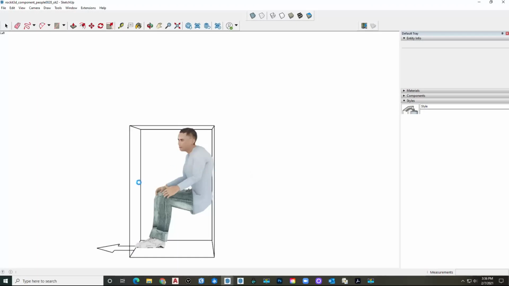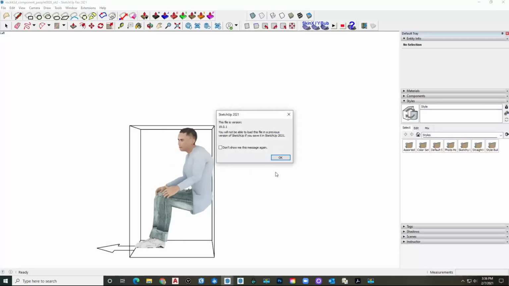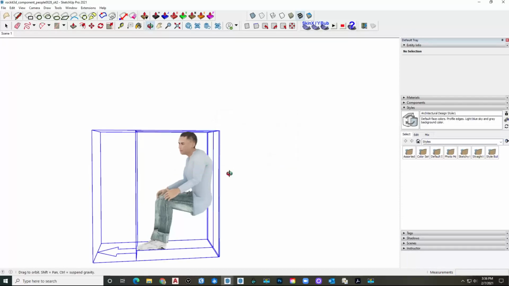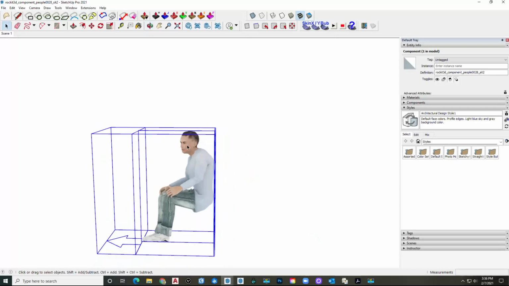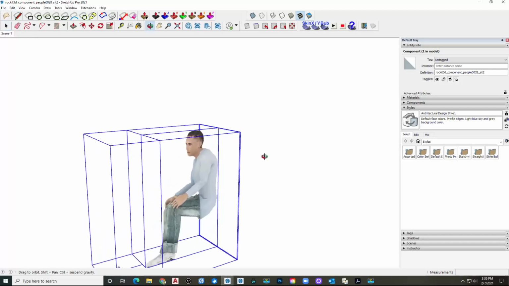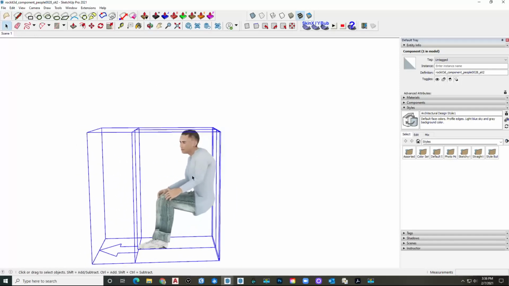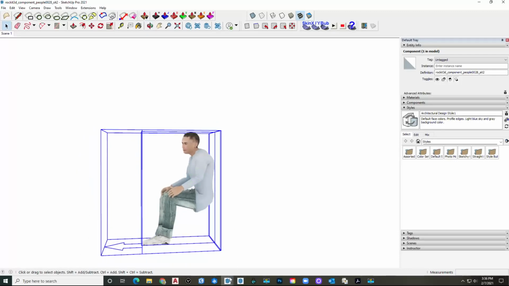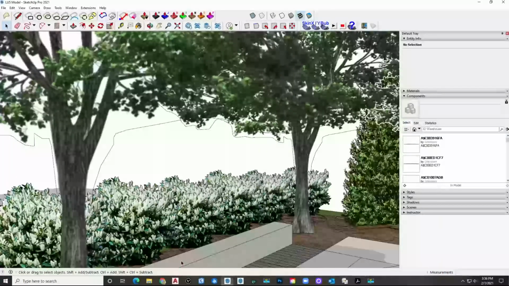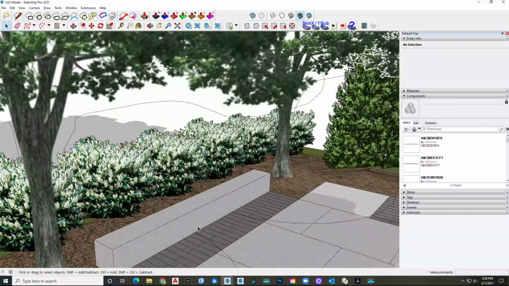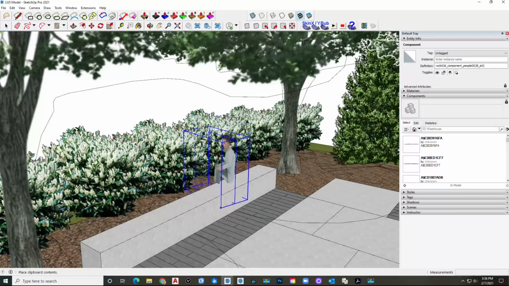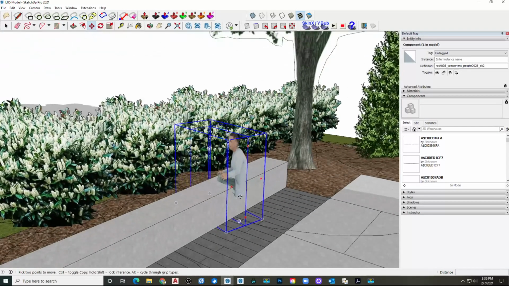Whoa. Looks like it's been a rough day. So I'm going to grab this person anyway. And they are a 2D face me. That's cool. So I'm going to grab this person, and this is actually running from a proxy, I believe, from a rendering engine called Rocket 3D that uses a 2D simple image, but will actually render this in a high resolution 3D image. And again, we'll look at those things later on. So I'm going to come over here and borrow their person and kind of drop this thing in,